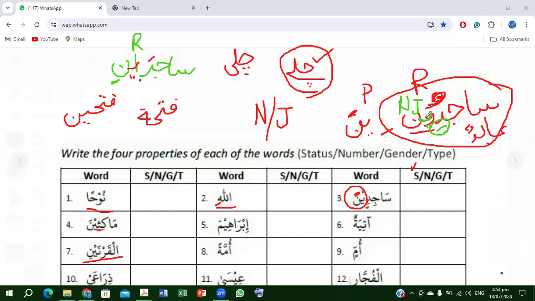नसब एंड जर बोथ स्टेटस है। यहाँ पर जब हम अब बात कर रहे हैं पेयर की, ठीक है, डुअल की या पेयर आप कह लें उसको, तो साजिदानी, साजिदुन का पेयर साजिदानी, ठीक है। लेकिन ये रफा है, जो फर्स्ट हम पेयर बनाते हैं, फर्स्ट जो साउंड आती है आनी, वो रफा की निशानी है, ठीक है। बट जब हम उसको नसब एंड जर बनाएंगे तो अलिफ चेंज हो जाएगा या में, अलिफ विल चेंज इनटू या, लेकिन नून वाला चेंज नहीं होगा, आईनी बन जाएगा, साजिदैनी, दैट विल बी द स्टेटस ऑफ नसब एंड जर, ठीक है। नसब एंड जर साजिदैनी, बोथ सेम, बट रफा इज साजिदानी फॉर पेयर, ठीक है। आई होप इट्स क्लियर।